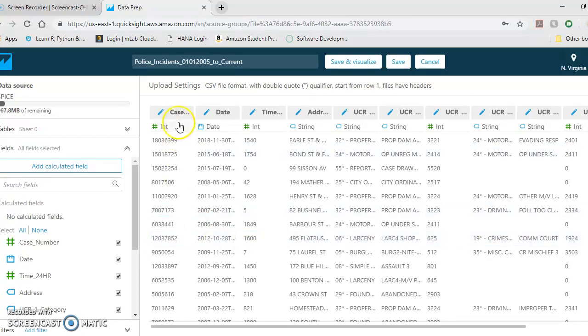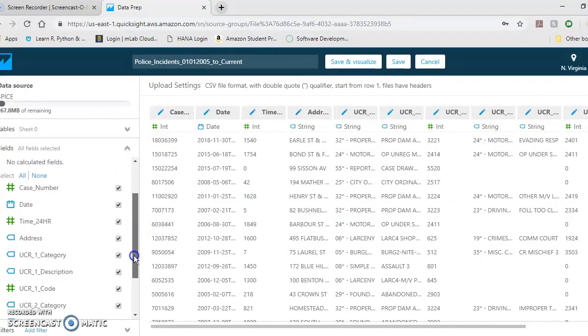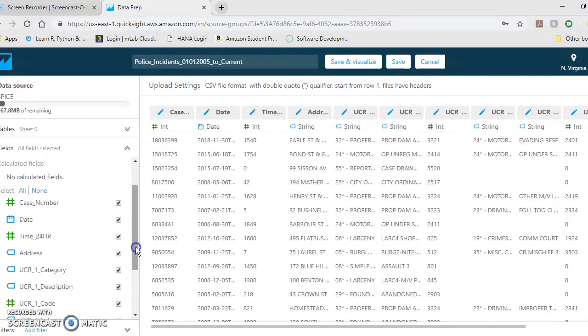As you can see, these are the different fields or columns that my dataset has. The column names can also be seen in the left-hand side panel right here. You can choose to select which columns you want to include in your analysis. For example, now I want 3 different fields, namely the crimes, the dates, and the neighborhoods in which these crimes were committed. Since my dataset is based on crime statistics starting from January 1st, 2005,